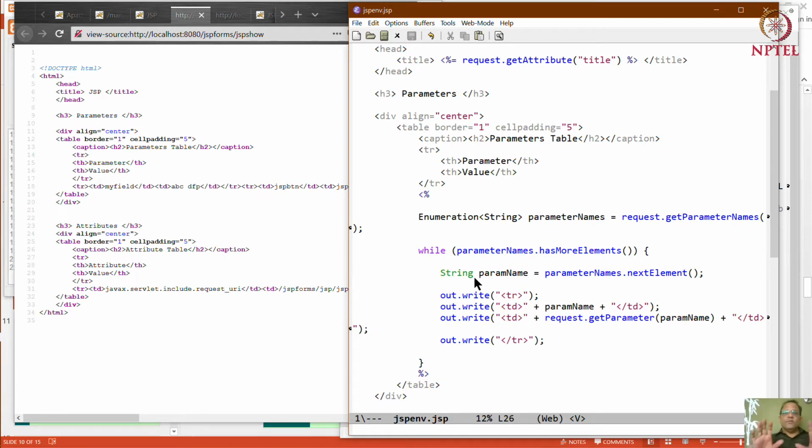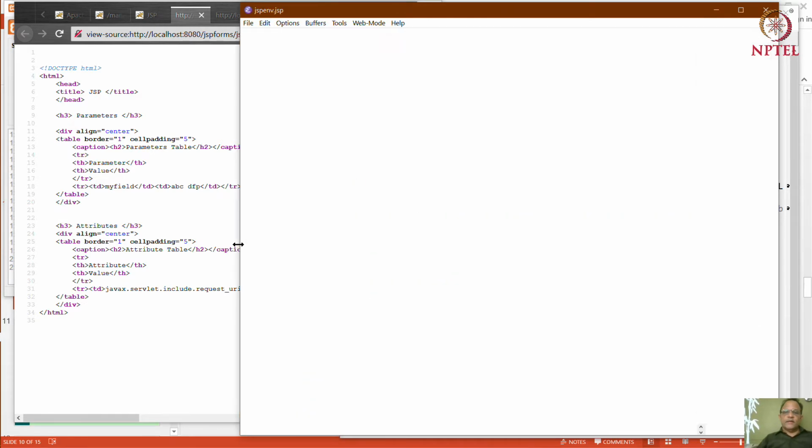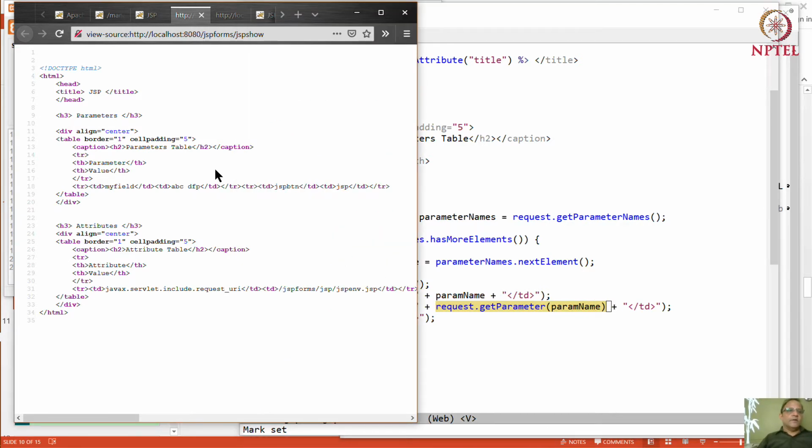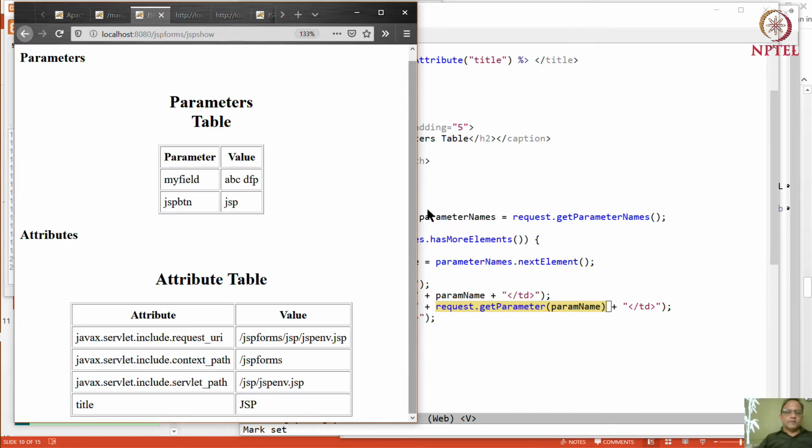Notice that this Java code behaves exactly like the original Java code we wrote. So it does things like get the request object, get parameter names, and this happens to be a Java enumeration. So we loop over this thing and we get this kind of thing back. So each time we do that, we are generating these sorts of things. Rows, the parameter name, and then corresponding to that parameter name, the parameter in the request. And as we saw, the result is this one.